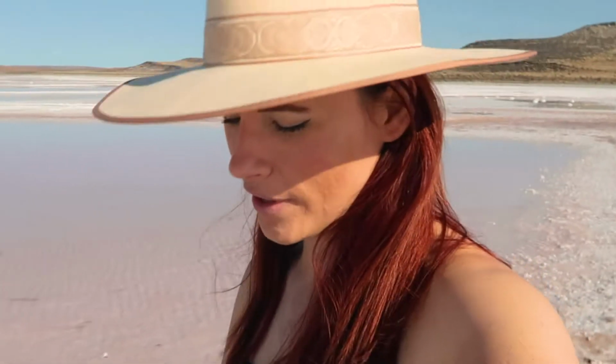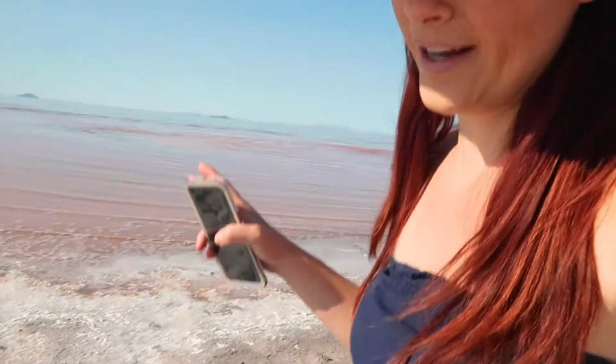All right, you guys, we made it to the pink part. I don't even know how to describe it. It's so unique. Walking on the sand, it's like crunchy, and it's definitely exfoliating my feet. So I'm gonna have the softest feet, and that's awesome. Mostly the salt is white. It's been a little pinkish here and there, but then you get to the water and it's a lot better